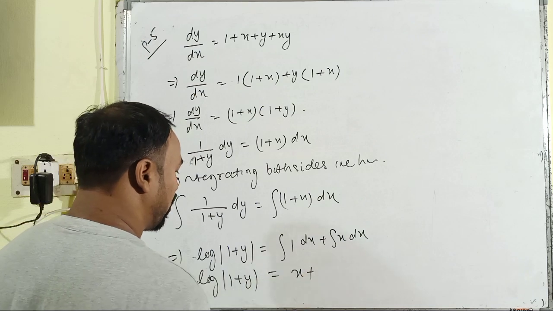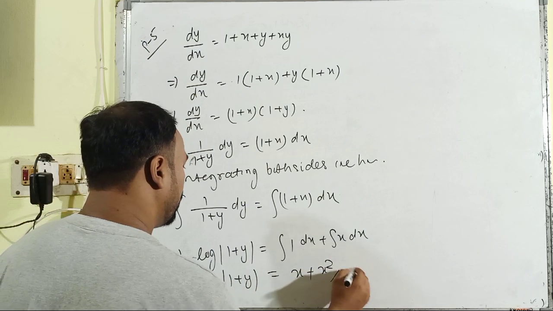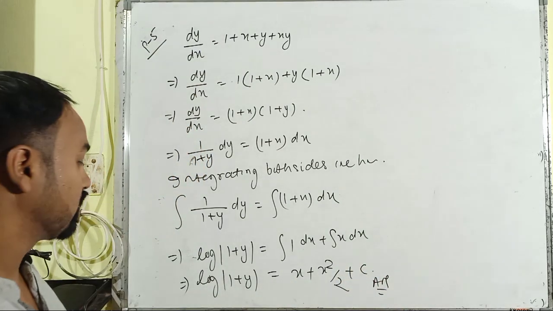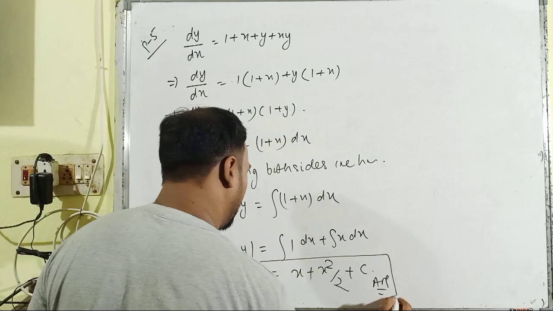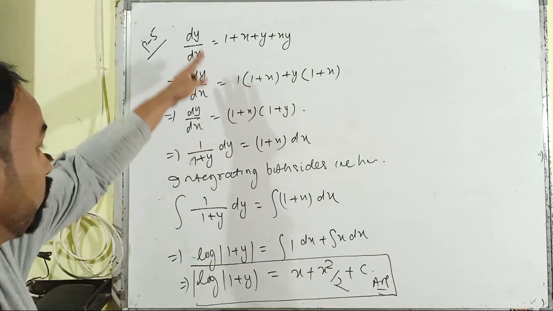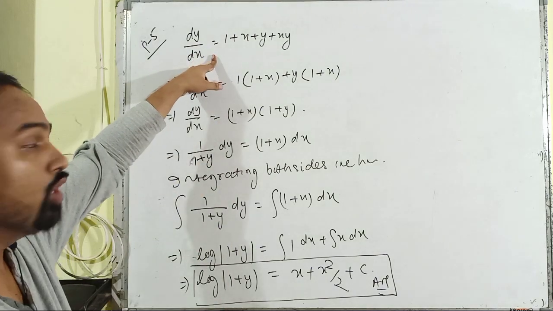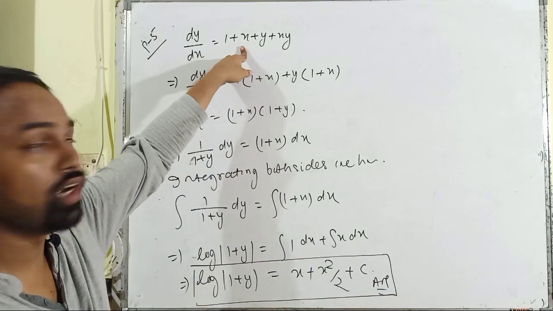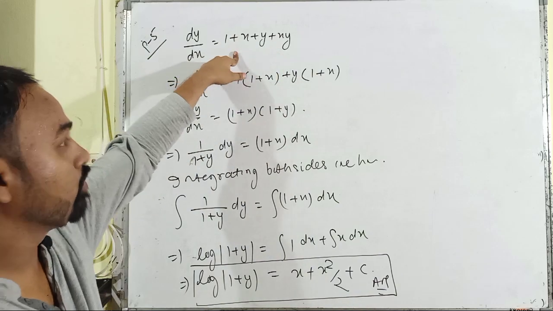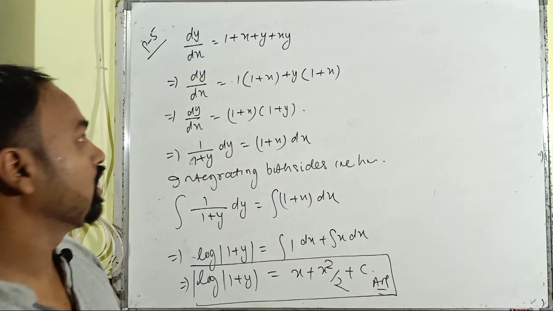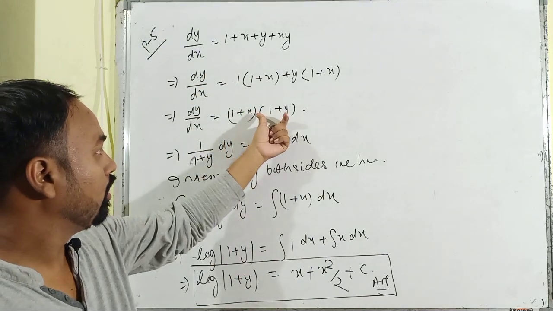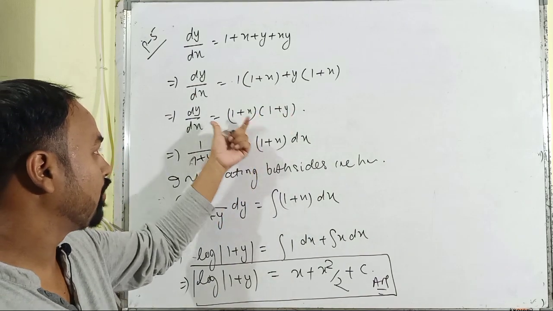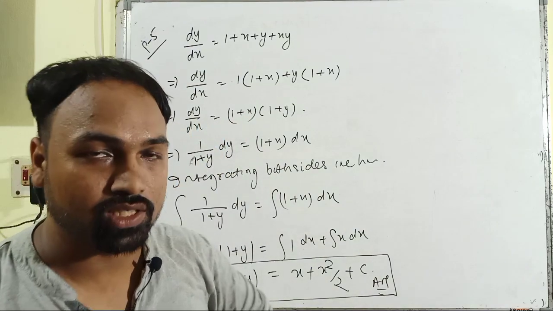1 it is x, then the integral of x it is x square by 2 plus any constant, you can take it as c or k or c1, you can take any form of the constant, and this is the final complete answer of the 5th problem, which was given by dy upon dx is equal to 1 plus x plus y plus xy. It did not look like a variable separable method, but when we factorize the right hand side functions, we get two products of 1 plus x and 1 plus y, and they can be separated with each other, and again they are separated with their corresponding operators dy and dx. So this is the